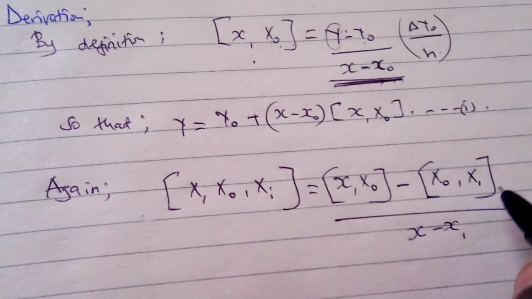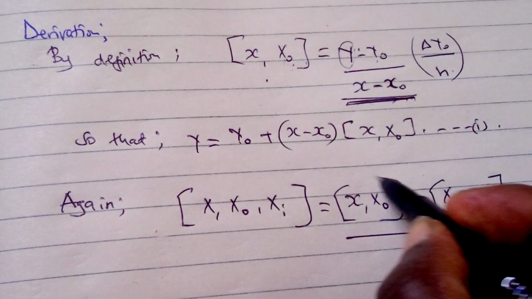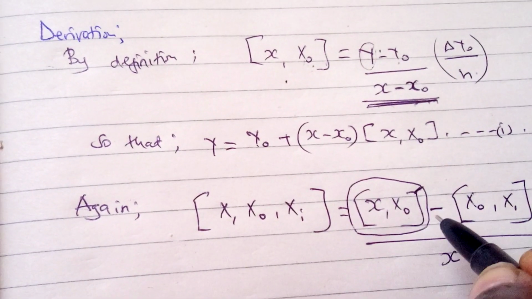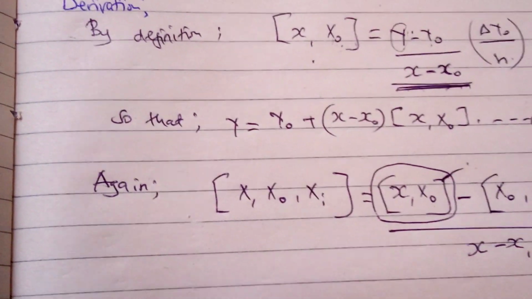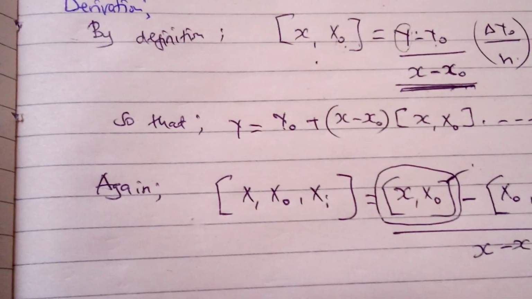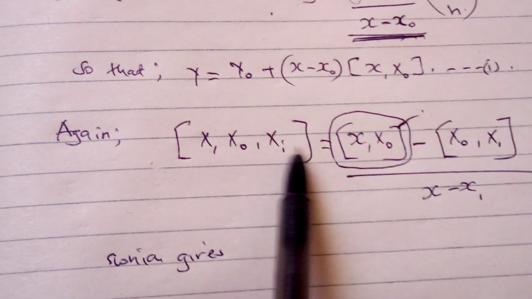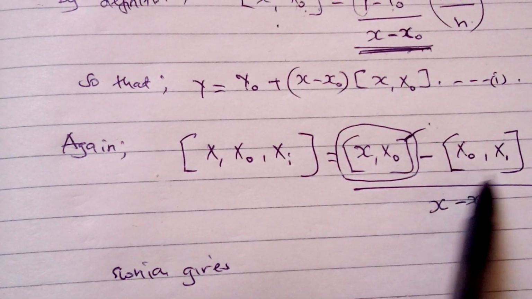So we are going to make this whole x and x naught the subject of the formula. When you cross multiply this and then you substitute this one,